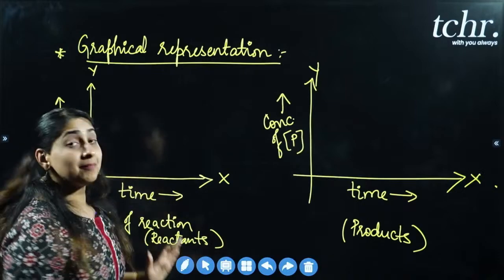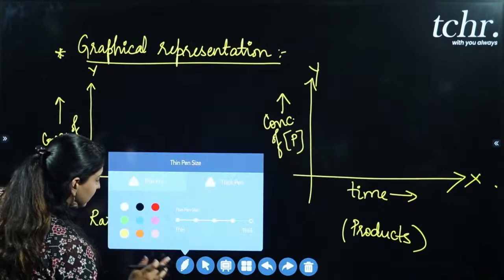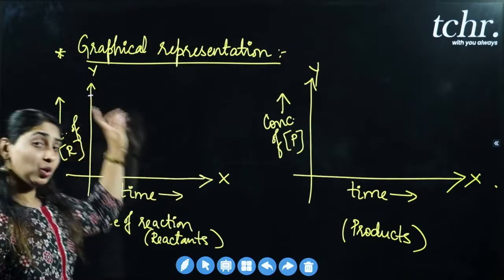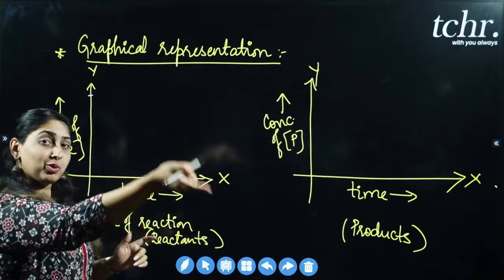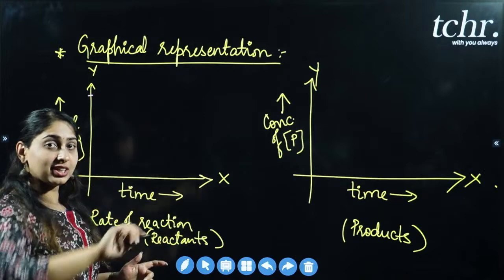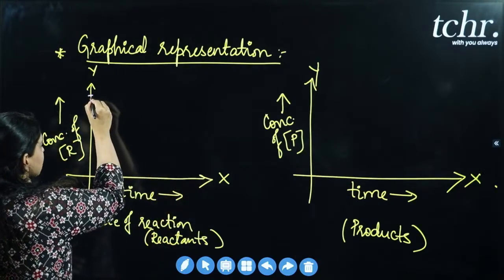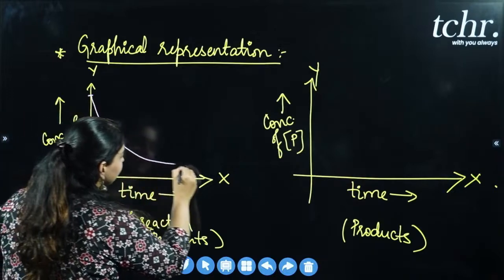So we will start from the maximum point. If we start from here, from the maximum point, what will happen to the curve? Will it go upwards or will it come downwards? Yes, downward curve. That's only because there is a decrease in the concentration of reactants. So it keeps decreasing as the time proceeds,